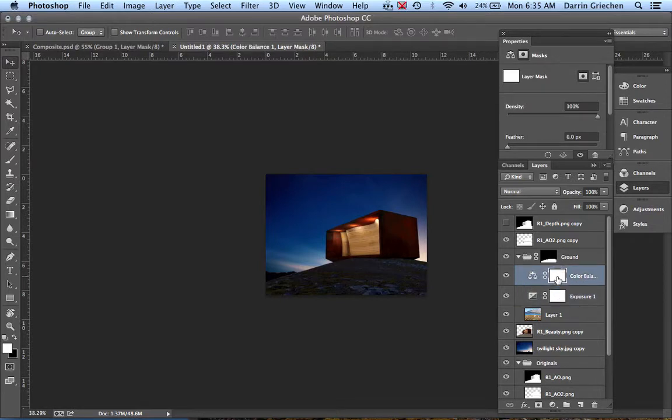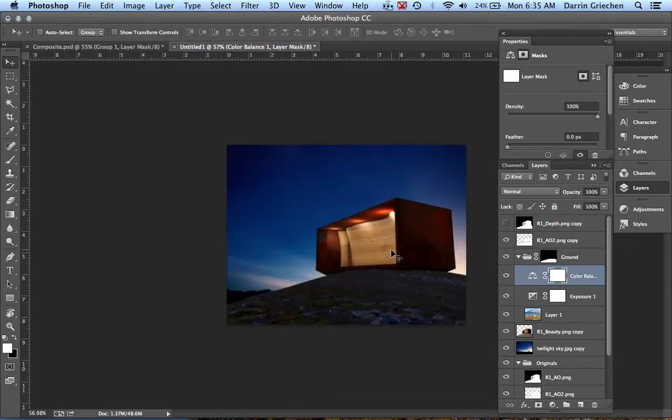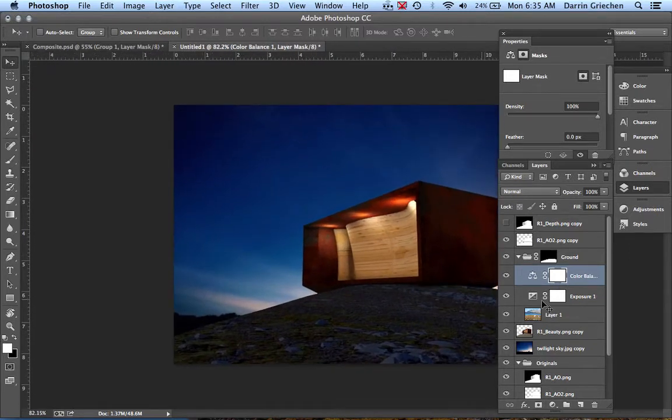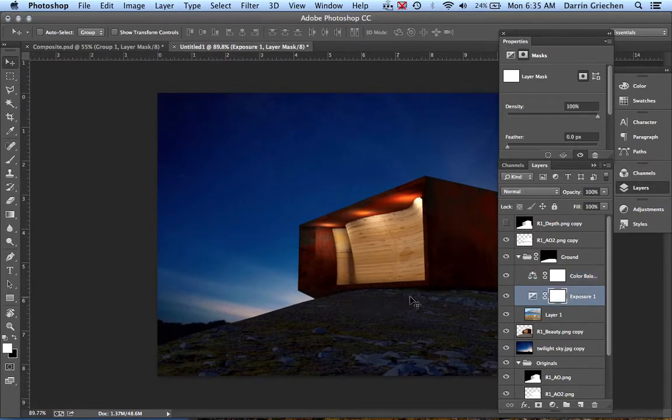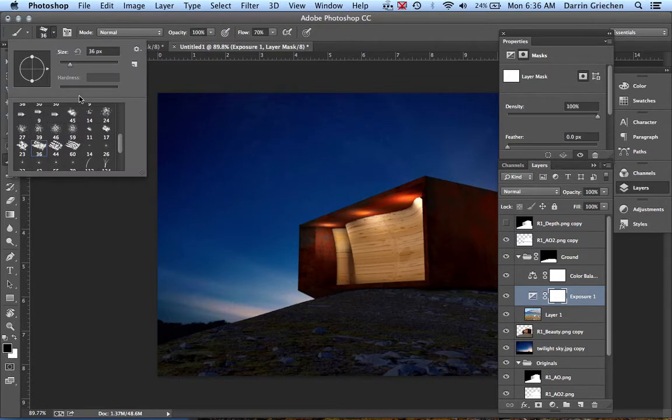So if we go back in and paint on these layer masks, we can adjust the colors, so we can start to add back in the exposure. We can add back in the light. So we do that by painting black. So we'll take a brush, then we'll make sure that our color down here is black, is on the foreground, and then we're going to take this and we just want to go to our brushes and get an airbrush. Okay, and we can adjust the size here if we would like, or we can